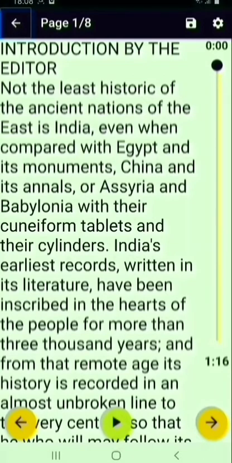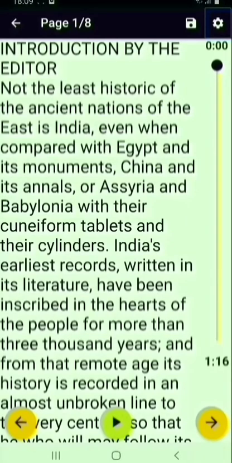Now let's see what are the options available in this listening audiobook screen. I'm going to swipe right. Back button. This is page 1. Total pages 8. It says currently we are in page 1 of the audiobook and the total pages in this audiobook is 8. If you swipe right from there, Save button. That is the save button. And if you swipe right, Settings button. There is a settings button. We can explore both these options later.